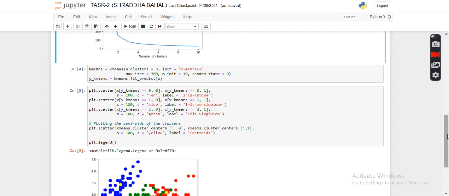We are creating a scatter plot for x and y variable with label 1, label 2 and label 3, and we have chosen clusters 1, 2 and 3 in colors red, blue and green, and the size for the same is equal to 100. Now we are scatter plotting the centroid with label centroid in color yellow. Here we are using a legend, which is basically markers for the text label which we specify.